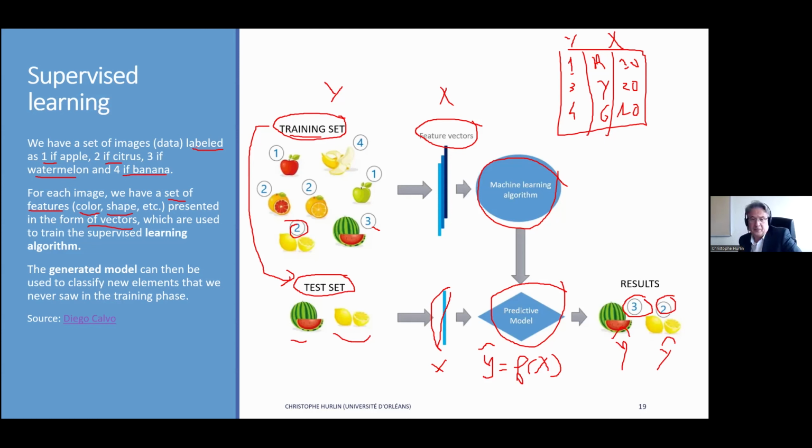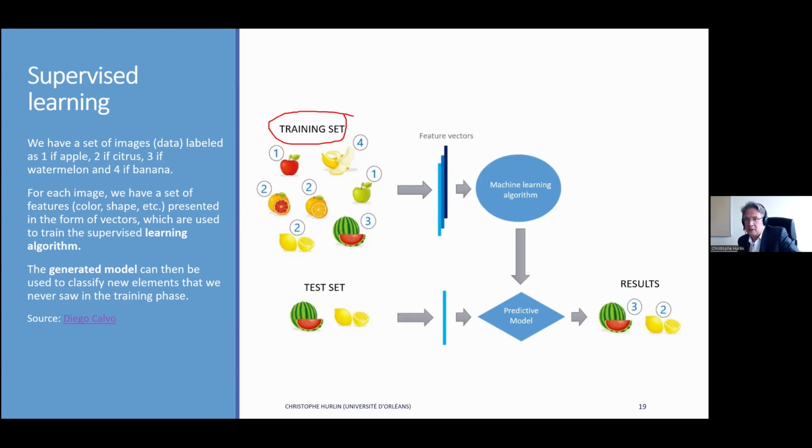Is this clear? So as terminology, we have a training data set, a test data set, the model features, and an algorithm. This algorithm produces a model, or predictive model, and this model is used to make a forecast of the label of the new data that are in the test data set. Do you have some questions? No? Okay, don't hesitate. Yes?